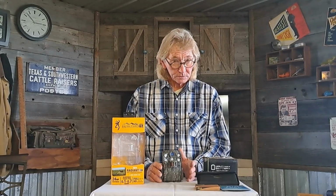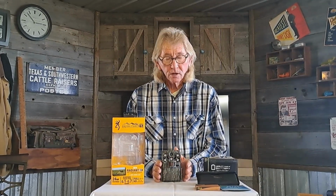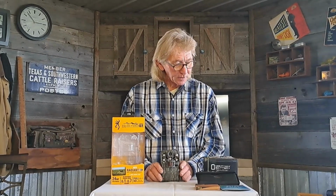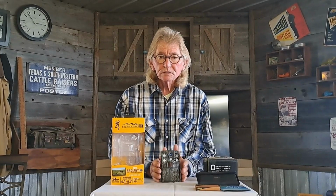They're beautiful pics. Now, we tried the 4-power lens and it worked good, but it was just too much magnification for the size birds we were taking, especially like the blue jay. He was just so big that it just wouldn't really fit on the screen at the distance we was. So we ended up going with the 2X lens. And swapping back and forth and experimenting, I have found that the 2X lens is my favorite. It takes the best pictures at approximately 12 inches, and the focus area, the focal length, is somewhat longer and